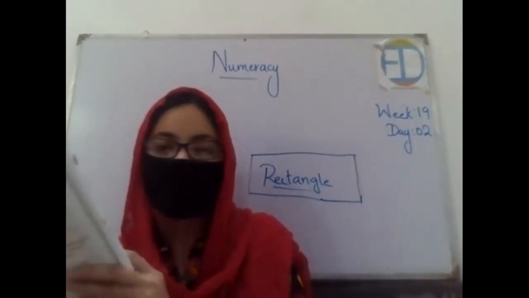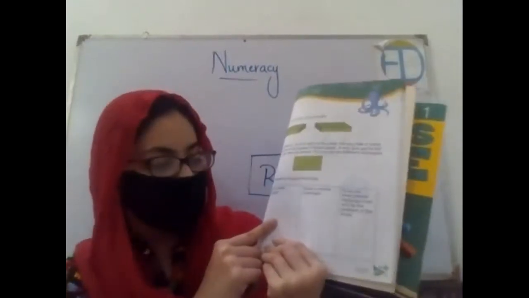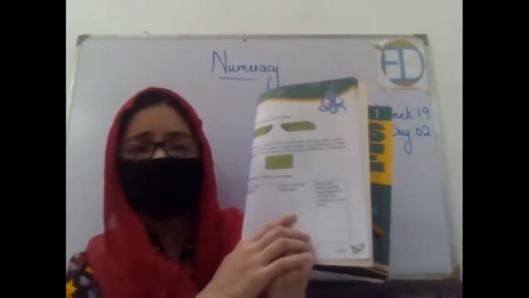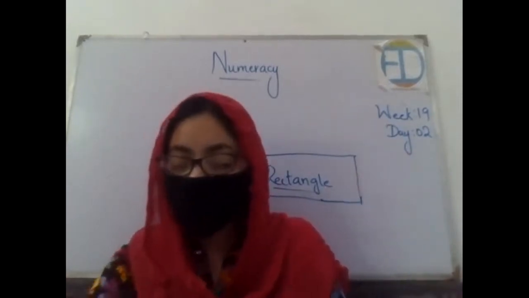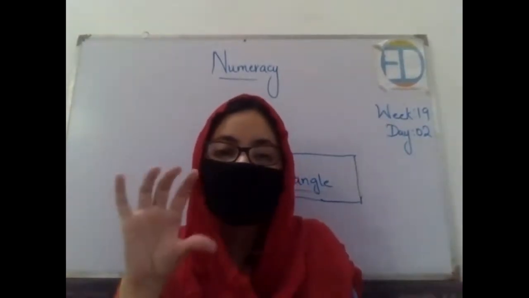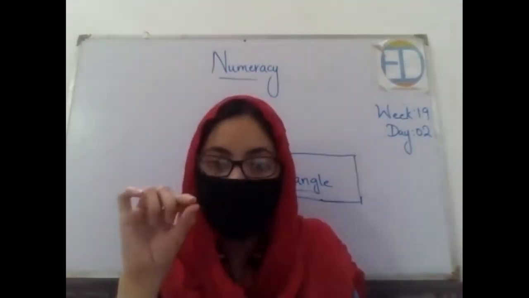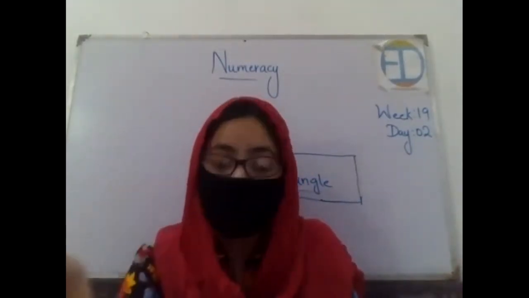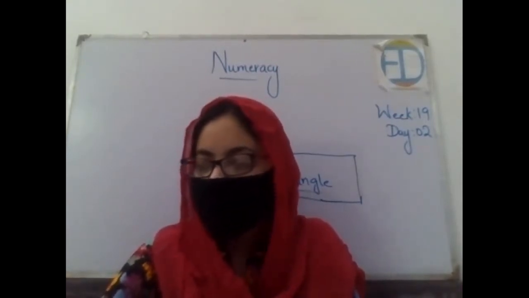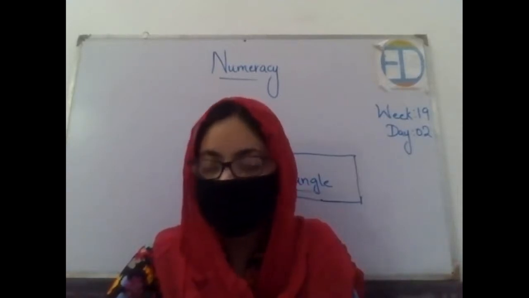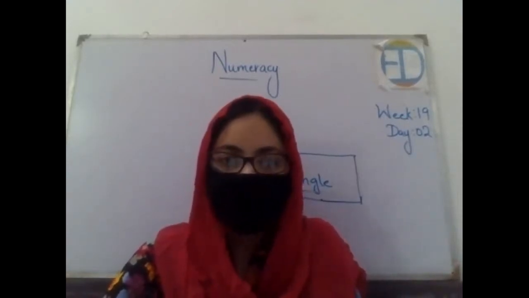Now there is this activity. It says, draw a small rectangle over here, then a smaller one, and draw an even smaller rectangle that will be the smallest of the three. So you are supposed to draw three rectangles. One should be small, the other should be smaller, and the last one should be the smallest. Hurry up, take out your pencils, write today's date on this page, and then draw the rectangles. All of you are done? Show it to me one by one.